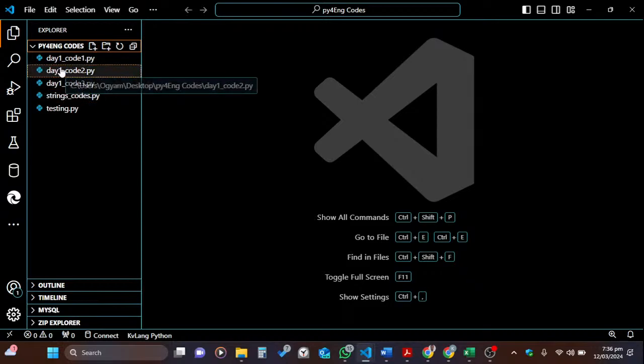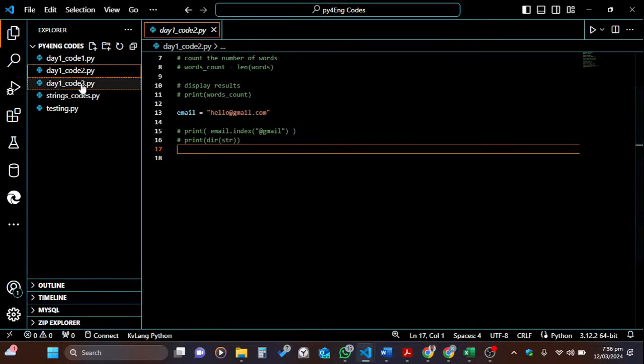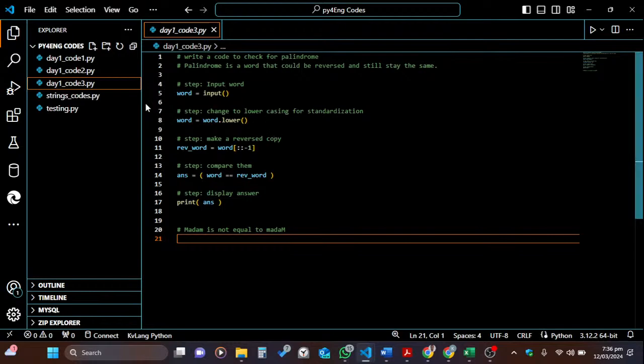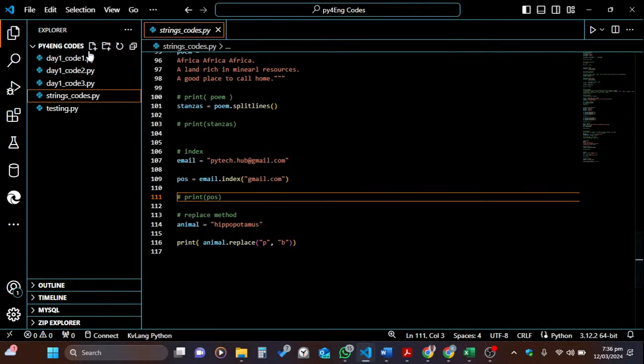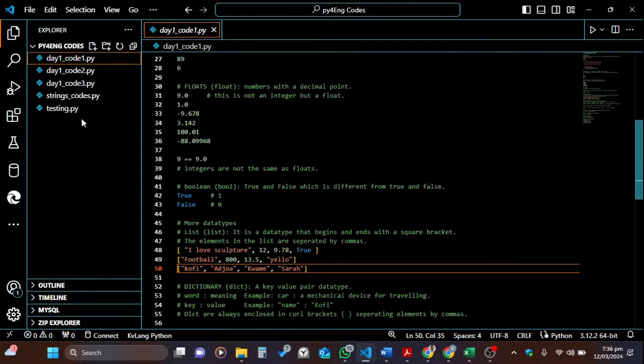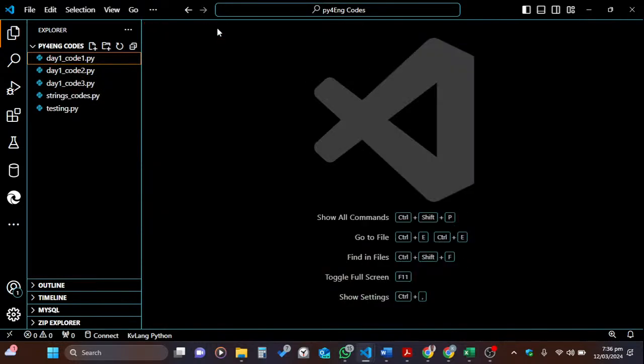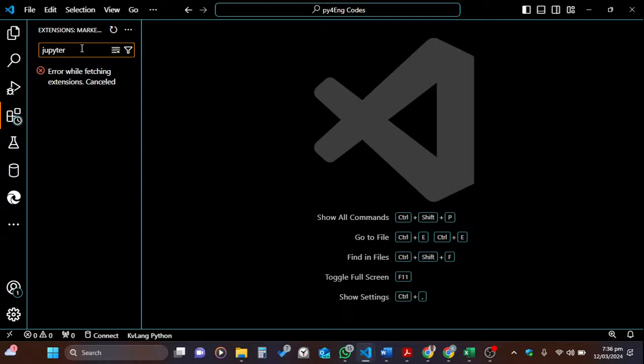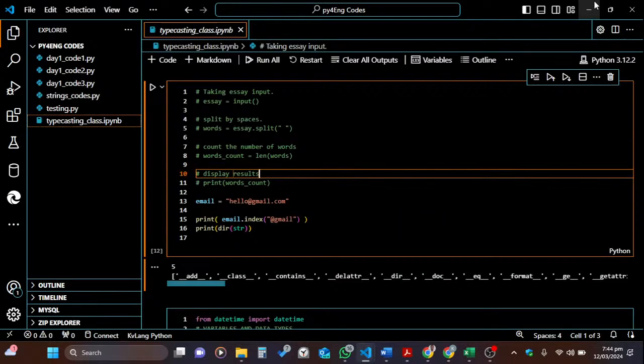Use the conventional Python files we've been using, like these ones. So we can create a Python file, then type in our code. But today I'm going to use something else. I'm going to use a Jupyter notebook, so that you also get the experience of how to use Jupyter notebooks in VS Code. Before you can use Jupyter notebooks in VS Code, you have to go to your